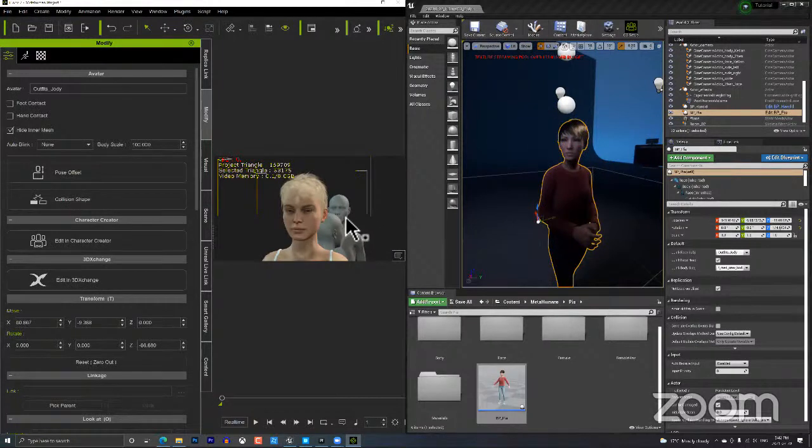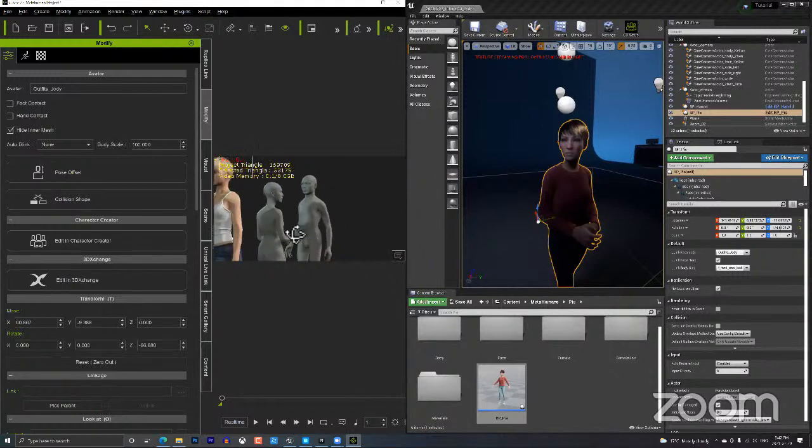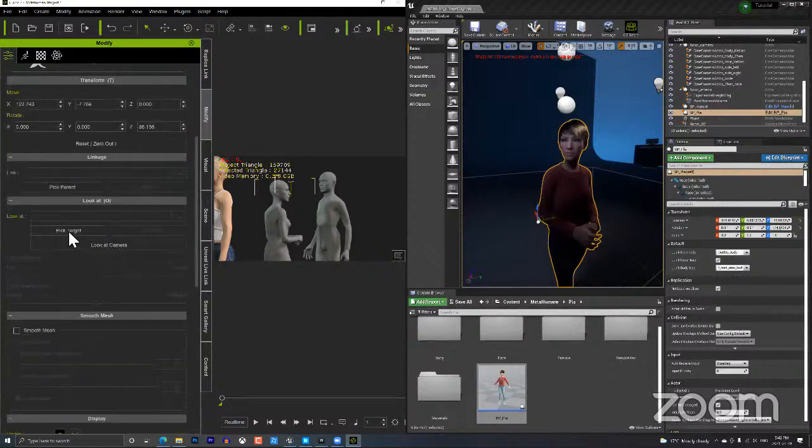Okay, pretty cool. We may want her to be looking at the dude actually. So let's go ahead and with our other character selected, since this look at is going to be on the body, I believe look at works for the Unreal Live Link. Let's go ahead and select our character there, and let's select look at, pick target. Let's pick at this dude in front of her. Okay, so you can see her head will snap